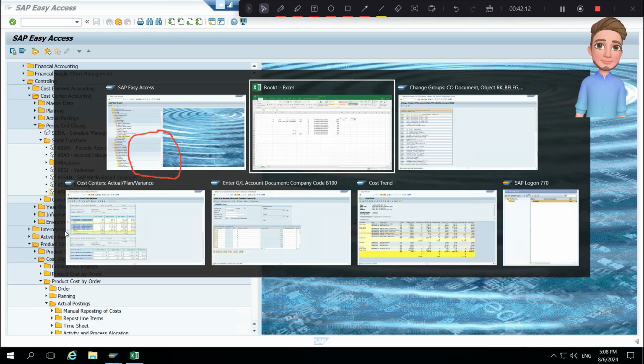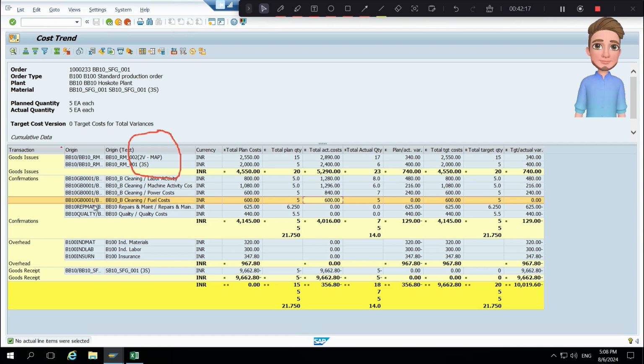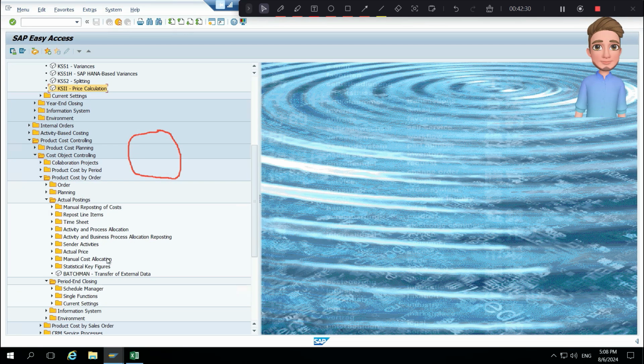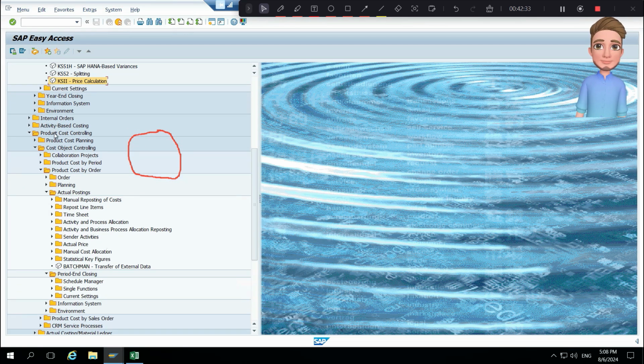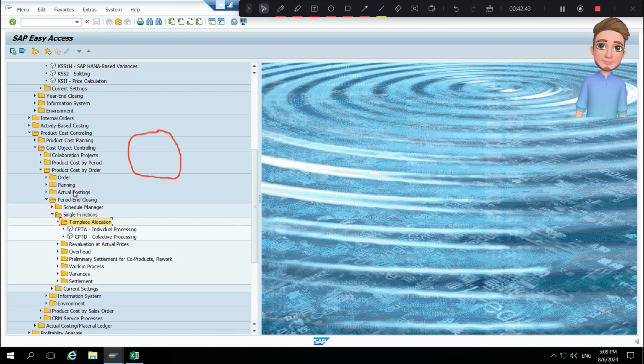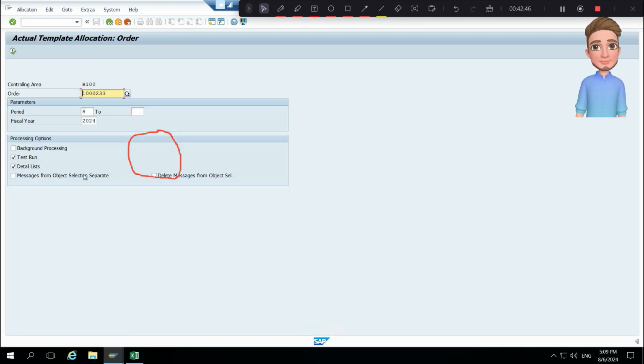Okay, so I'll show you in the order analysis first to avoid confusion. Do you see here repairs and maintenance and quality and cost? So here the quantity is 0. This quantity will come in when I execute the template allocation, which is a month end activity, but I am doing it here for you. In controlling, product cost planning, controlling, cost object controlling, go to period end closing, go to single function. Can you see template allocation? Go to CPTA. Okay, for this particular order, now I will execute